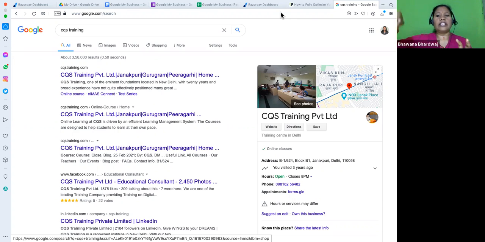So CQS training in Piragarhi, CQS training in Janakpuri, CQS training in Noida. Same brand, same company name, but different addresses. Some say a sales office or an extended office or corporate office or head office or branch office or extension counter. So these are so many things you can manage using Google My Business with the same brand as well.